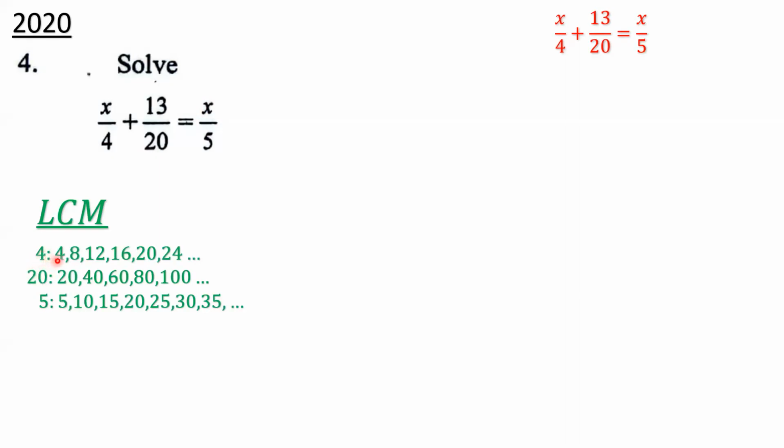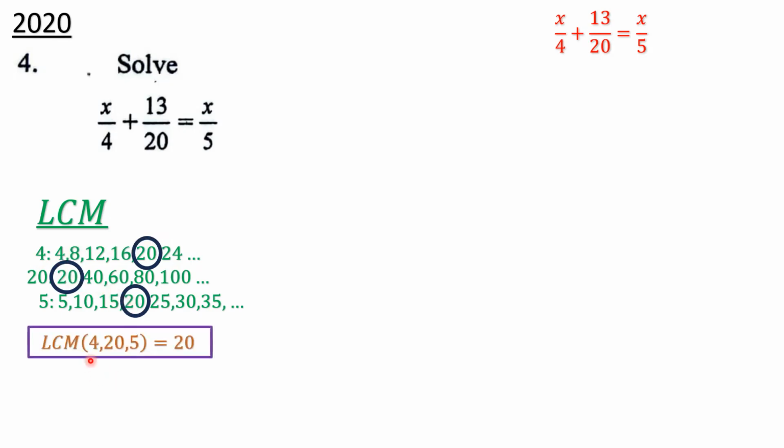The multiples of 4 are 4, 8, 12, 16, 20, 24, and continuing. The multiples of 20 are 20, 40, 60, 80, 100, and continuing. The multiples of 5 are 5, 10, 15, 20, 25, 30, 35, and the list goes on. Now, what is the lowest common multiple of these three numbers? Notice carefully that we have 20 in each, and indeed 20 is definitely the lowest common multiple of 4, 20,